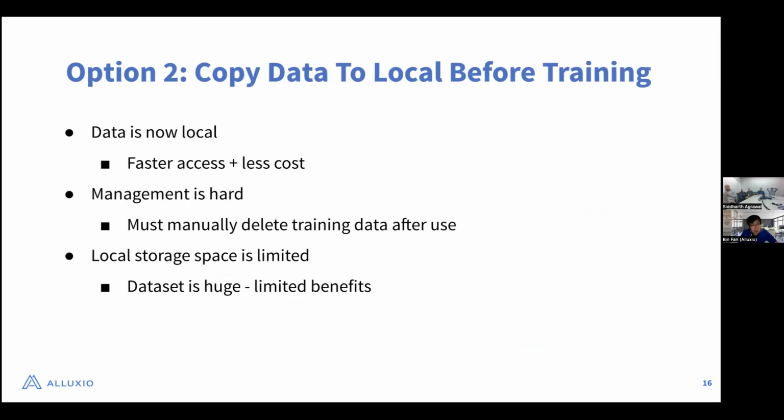But the problem is that management is hard, and you have to manually download the data and manually delete the data. When you have a relatively small number of machines, or are sharing with a small number of team members on this infrastructure, it might be doable. But once you have on the order of hundreds of different machines, or many different other users in your organization sharing the resource,